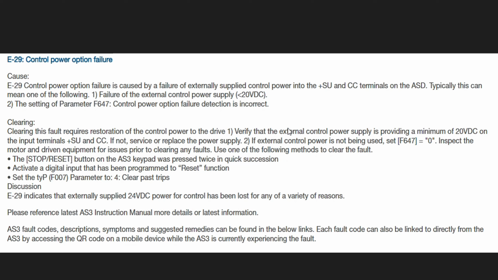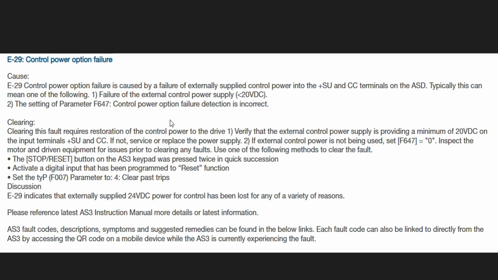So you need to check if there is an issue with that power supply, or check if it is giving more than 20 volt DC and the wiring is properly connected. If you found that your power supply is okay and still the error is coming, it could be an issue related to the wiring. You can check the wiring, or if the wiring is also okay and it is still coming,